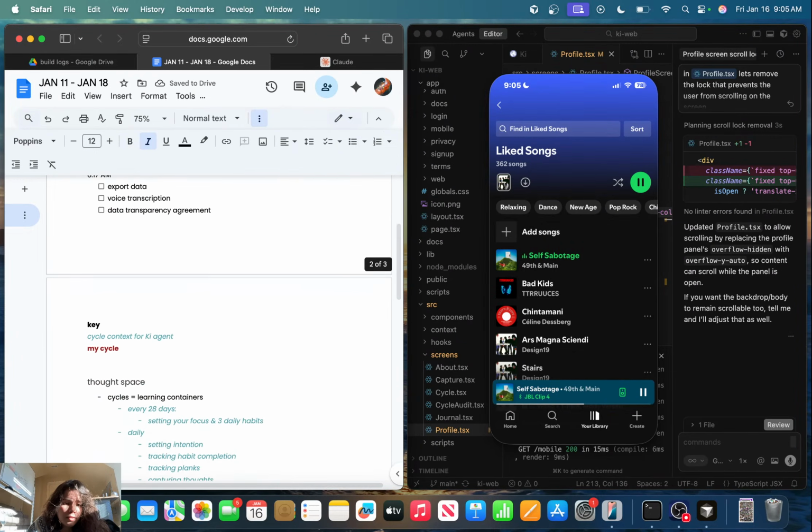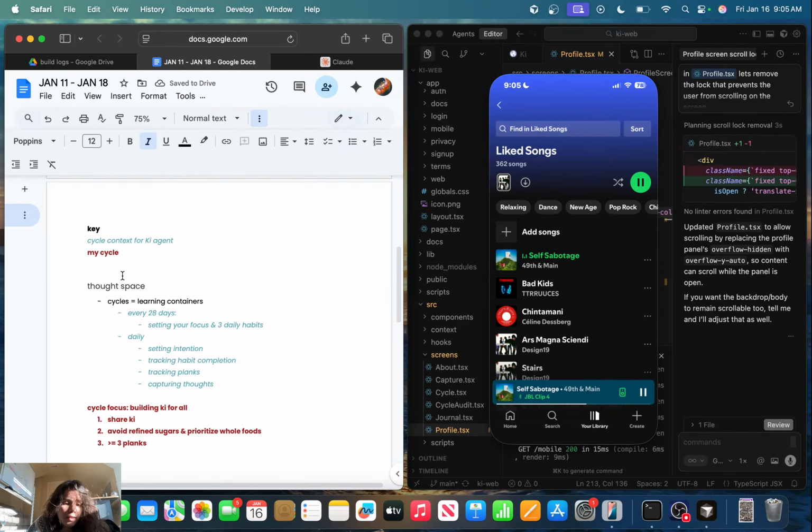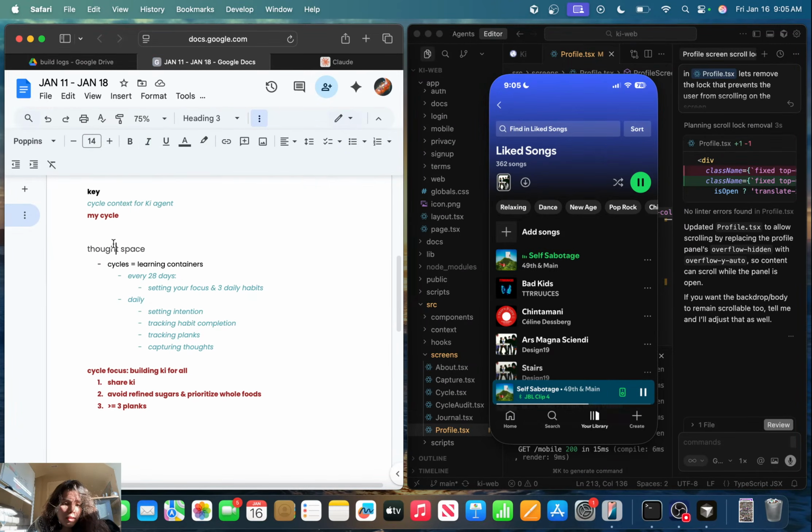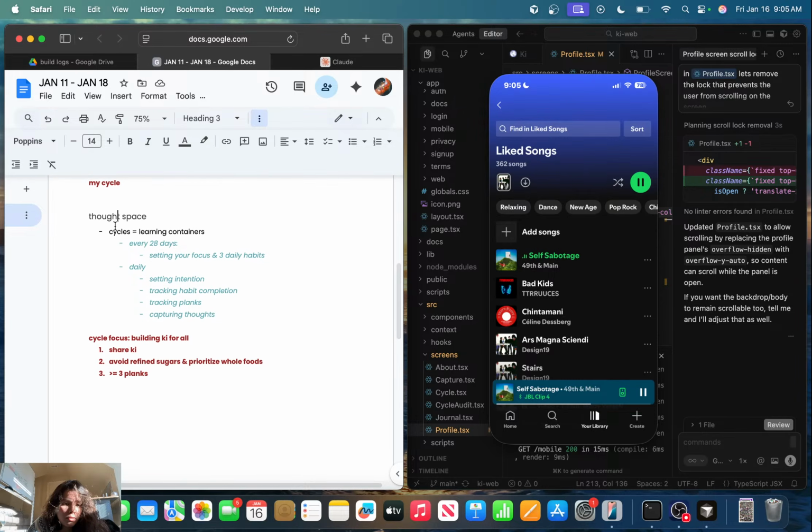Cool. So the key: thought space cycles, our learning containers. Every 28 days, you're setting your focus, your 3 daily habits. Every day, you're setting your intention, you're tracking your habit completions, you are tracking your planks, and you're capturing your thoughts. And this one, we are going to be adding back in the voice transcription,